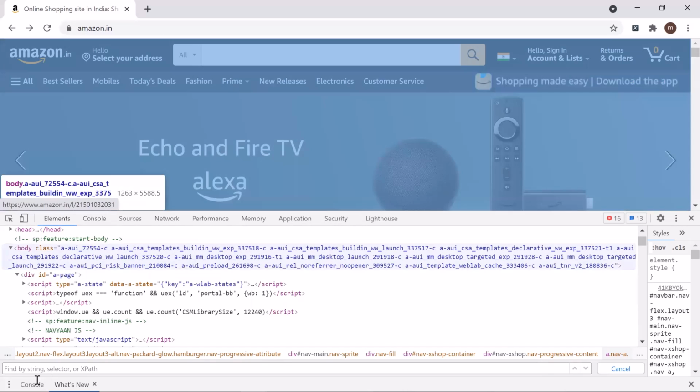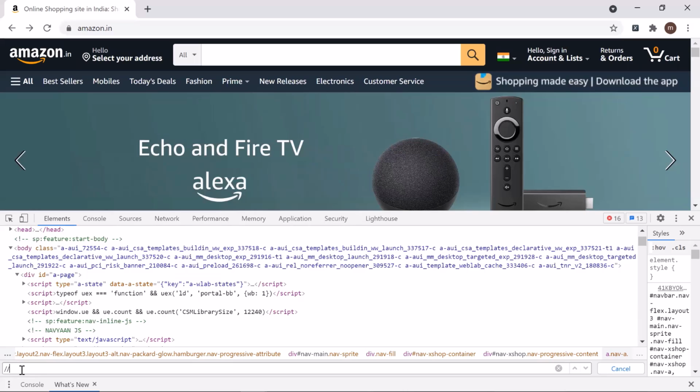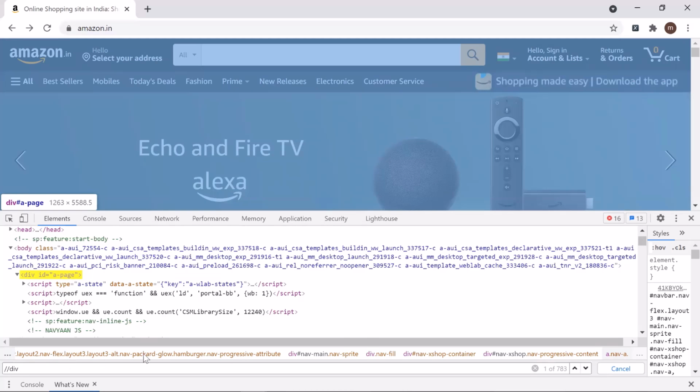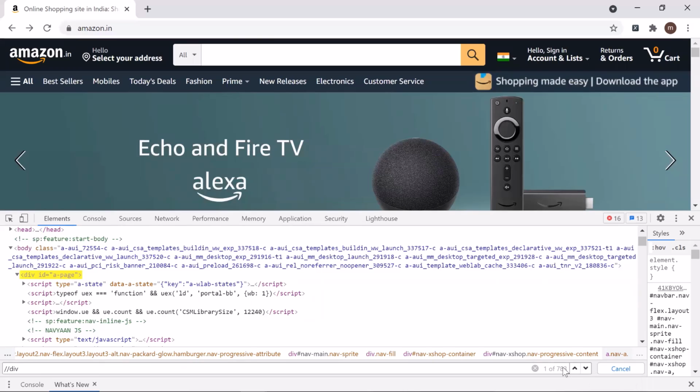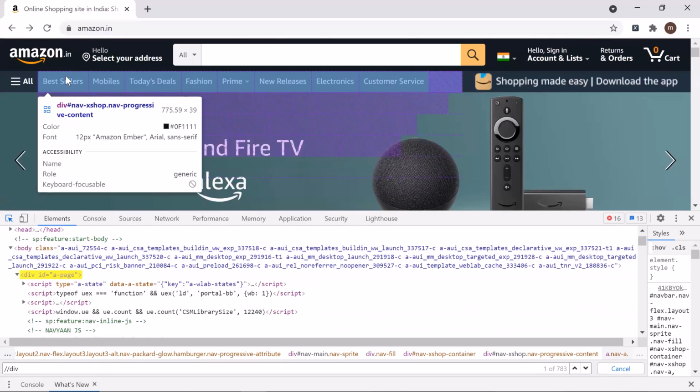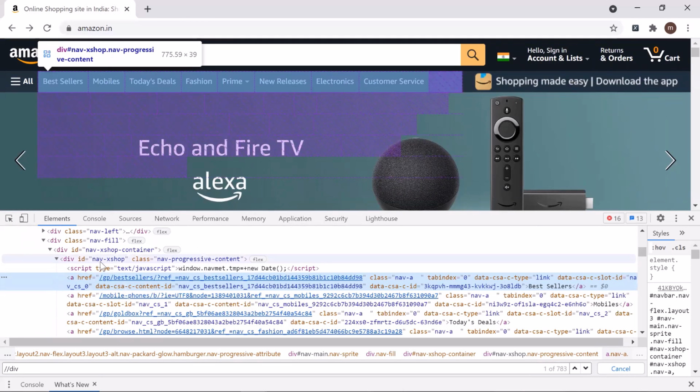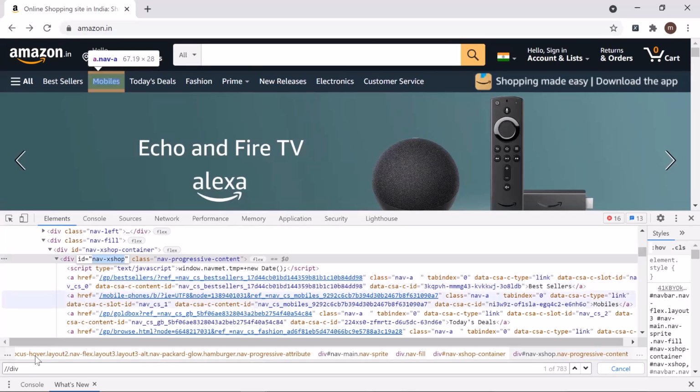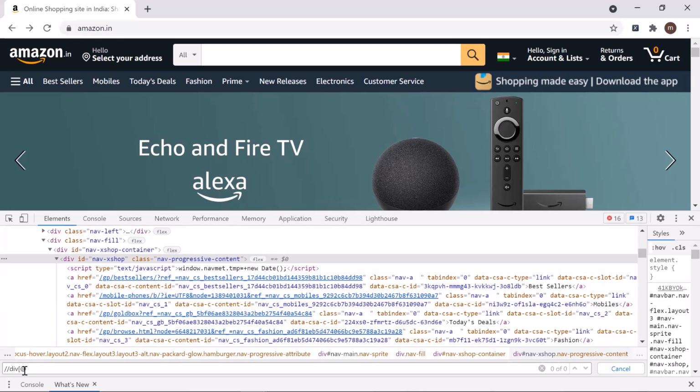Now to create the relative path, we'll directly navigate to the div tag in the XML document and see that we are getting 783 results returned for the div tag in the web page. Now to get our div tag, we'll have to use the attribute also to identify our div tag uniquely. As we know that our div tag contains the unique ID, so we'll use the same. And to use it, we have to open a bracket and then type @ID. The @ symbol signifies that we are going to use the attribute value of the object, and then type the attribute name, which is ID in this case.